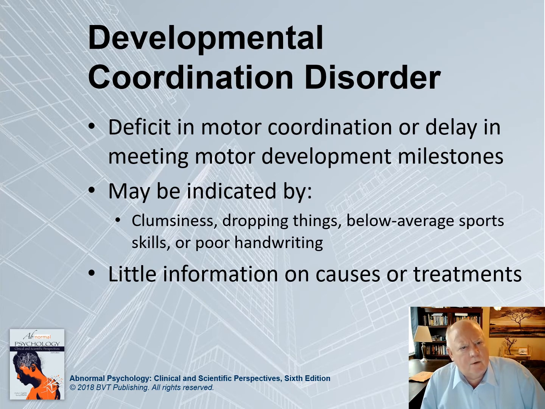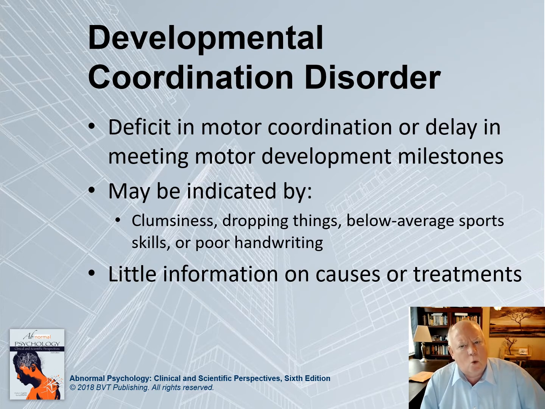I'm going to cover several other disorders, but I'm going to cover them very briefly, simply because they are included in your textbook. One is developmental coordination disorder. What we have basically are individuals who are just clumsier than most of their peers, which means that they don't move smoothly, they're likely to drop things. At sports, they're not very good. And their handwriting sometimes can be atrociously bad to the point where they themselves can't even read it. We don't know much about this, and quite frankly, we haven't been studying it for very long.